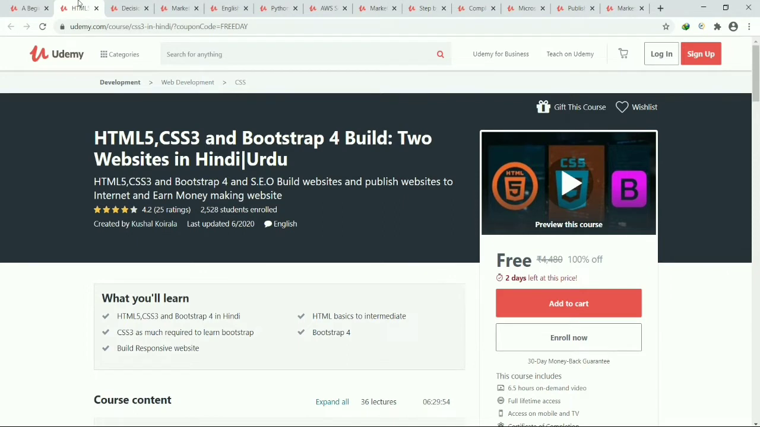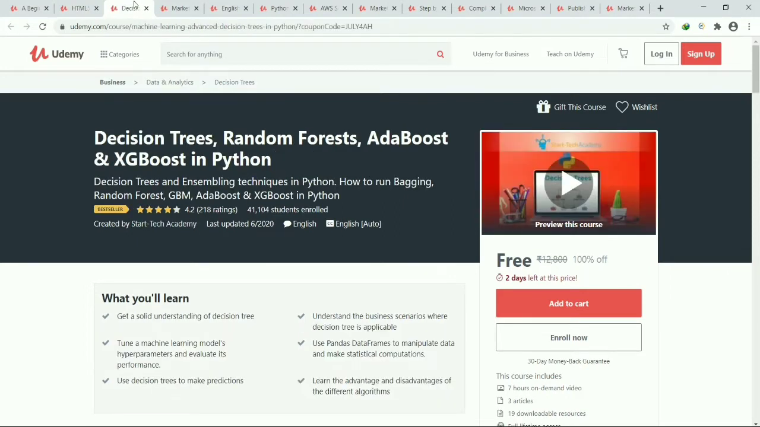Nothing more required. Decision trees, random forests, AdaBoost and XGBoost in Python. Description: decision trees and ensembling techniques in Python. How to run bagging, random forest, GBM, AdaBoost and XGBoost in Python. Requirements: students will need to install Python and Anaconda software, but we have a separate lecture to help you install